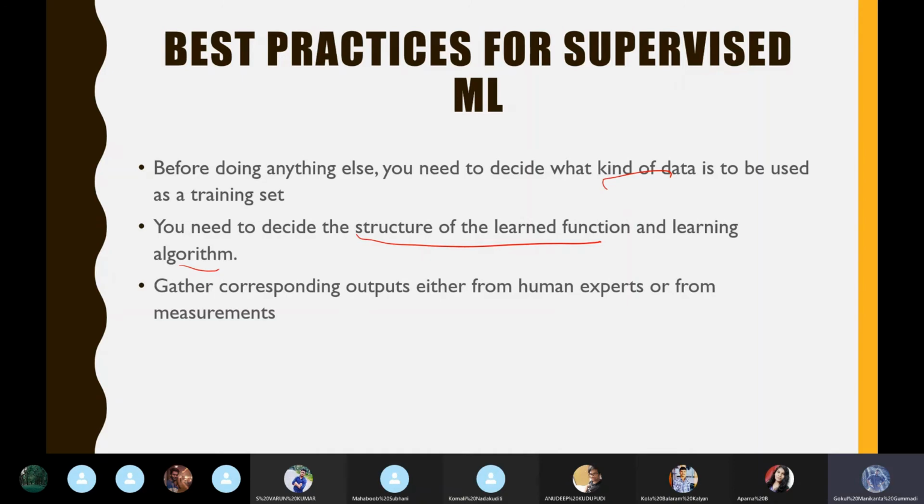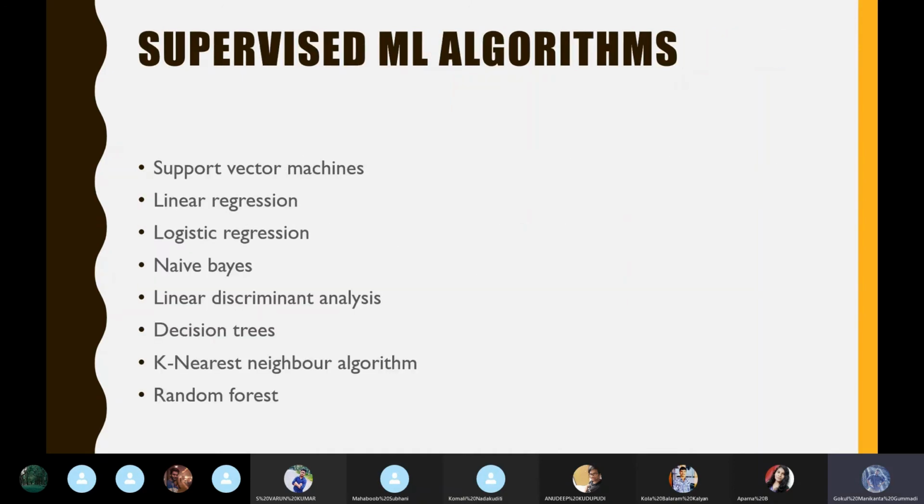That is one thing. And coming to a small explanation of the different supervised models you can find, here are a few types. First one is support vector machines, and linear regression, logistic regression. These are all the different types. I will tell you one small line about each, and if possible, I'll show a small diagram as well.